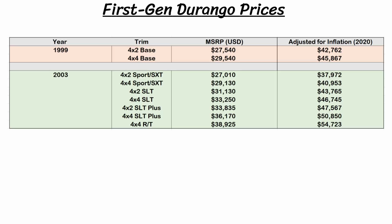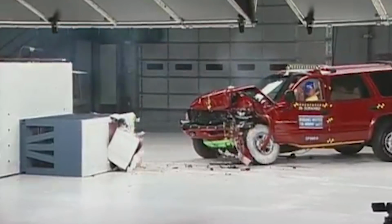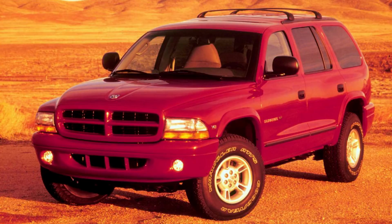By 2003, the lineup had expanded to 4 models: Sport/SXT, SLT, SLT Plus, and RT at the top. Prices started at $27,000 for the 4x2 Sport and rose up to $38,925 for the 4x4 RT model. The Durango didn't look like most SUVs as it made a bolder statement with a very muscular look. It shared the front end, instrument panel, and front seats with the Dodge Dakota. That front end was instantly recognizable as a Dodge with the crosshair grille,